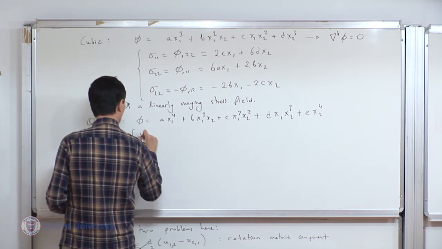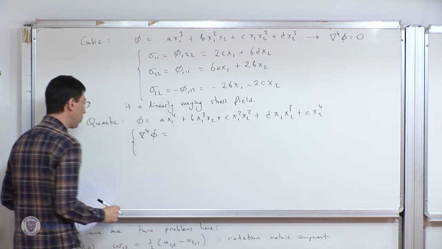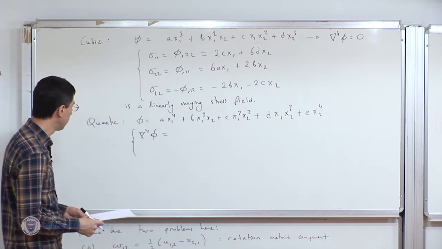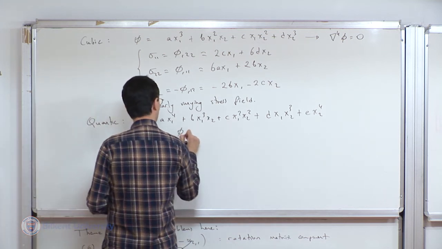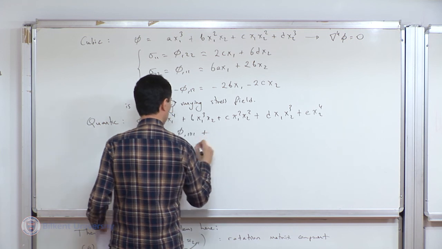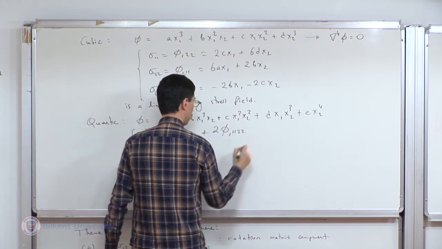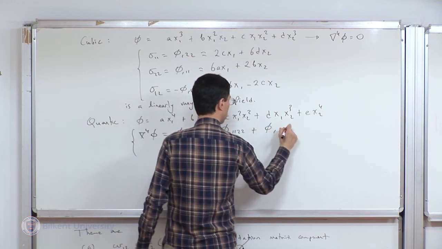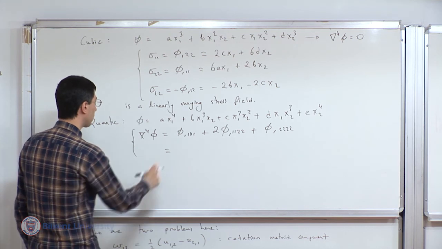And now let's go ahead and evaluate the compatibility requirement. So we need to evaluate the fourth gradients of phi. So that was phi comma, let me remind you, 4 derivatives with respect to 1, twice mixed derivative, and then 4 derivatives with respect to 2. So that is equal to